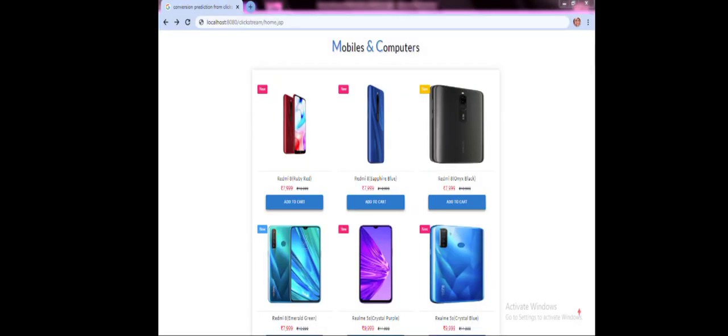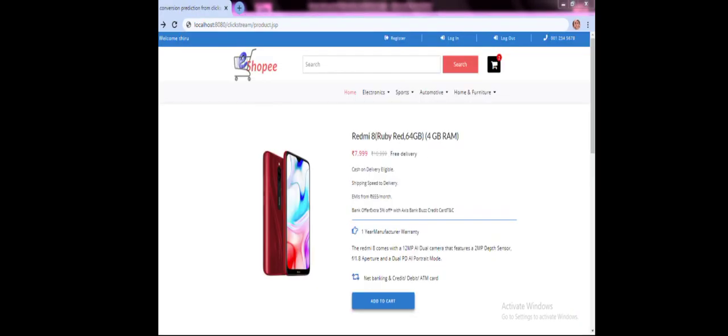The e-commerce website will display the products to the user. The product that the user likes will display the details here. Now click add to cart.